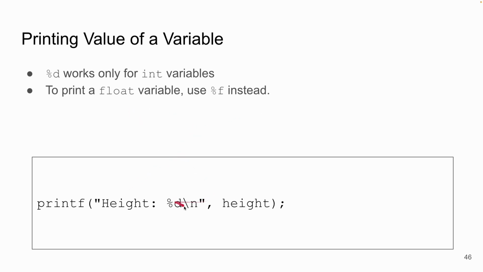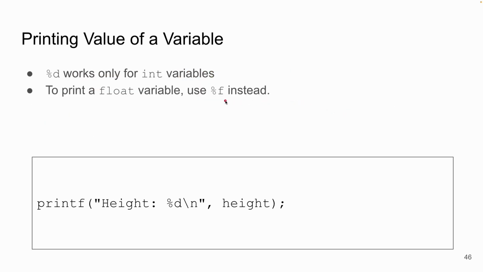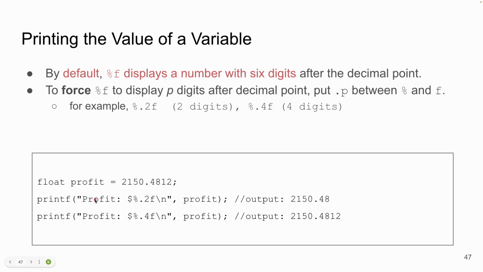What is interesting is that with %d, maybe some of you might wonder what D stands for. We will talk about this more, but now what you need to remember is that %d only works for integer variables. If we want to print out a float variable like profit and loss, we need to use %f. So here is an example of how we can use %f to print out the floating point value stored inside a float variable. By default, %f will print out a number with 6 digits after the decimal